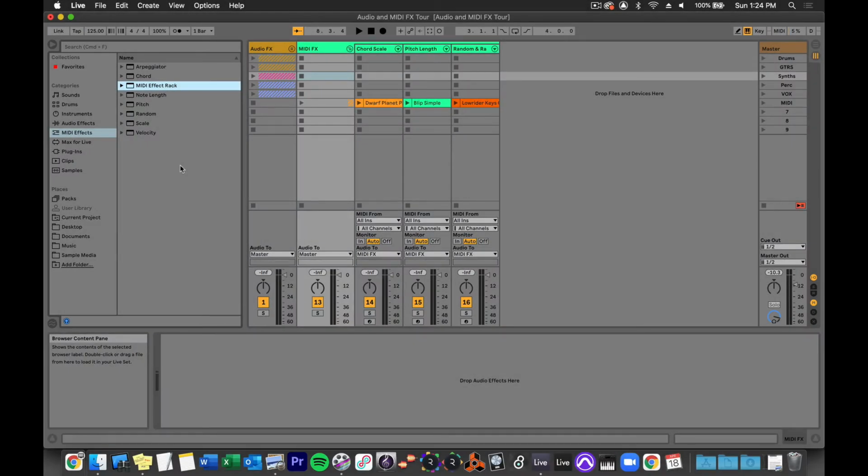In this video, I'm going to give you a quick overview of the MIDI effects bundled with Ableton. There are not nearly as many MIDI effects as there are audio effects, but that's okay. The difference is MIDI effects can only be used with MIDI. Audio effects can be used with audio or MIDI, since MIDI is converted to audio at the end of its